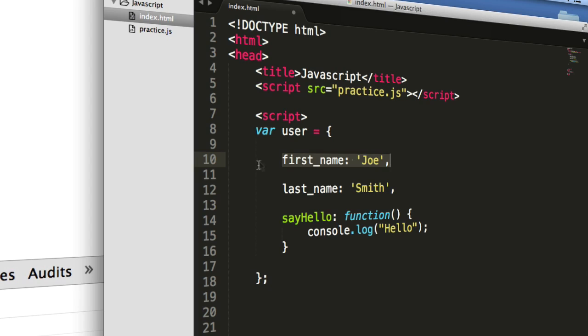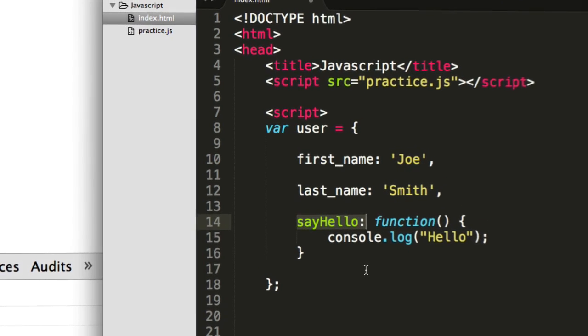Again, it's like a variable. It's first name and it's tied to a string here. It's set up to a string. Another one, another string, and then we've got a function here. So we call that a method. Now,